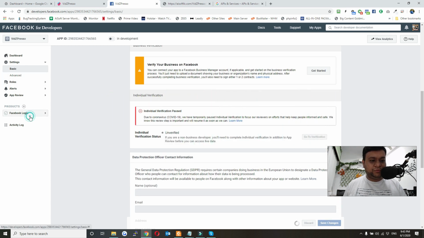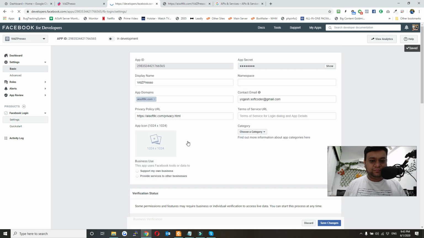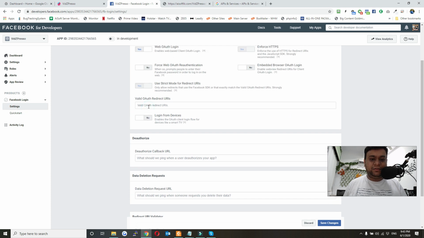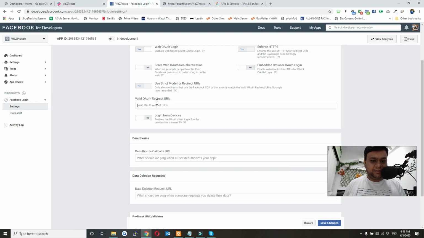Now go to Facebook login, click on settings. Here you need to add OAuth redirect URI, which you will get here. Just copy it, paste it here and then press enter and then click on save changes.